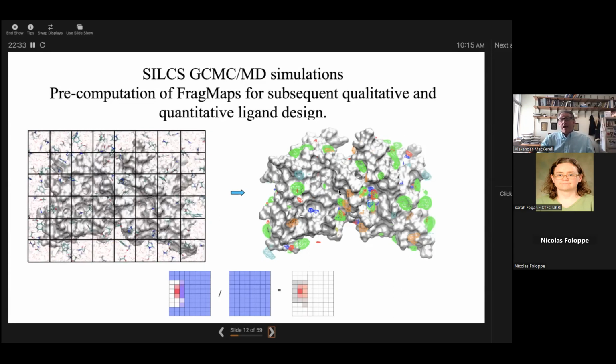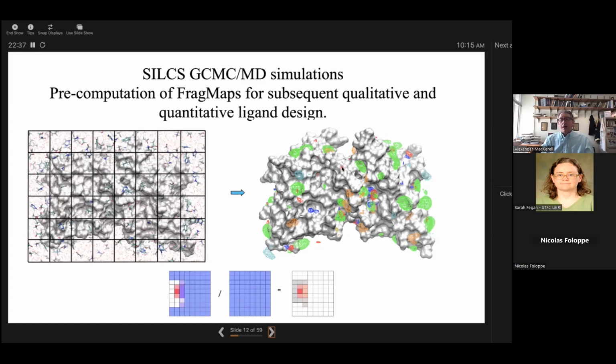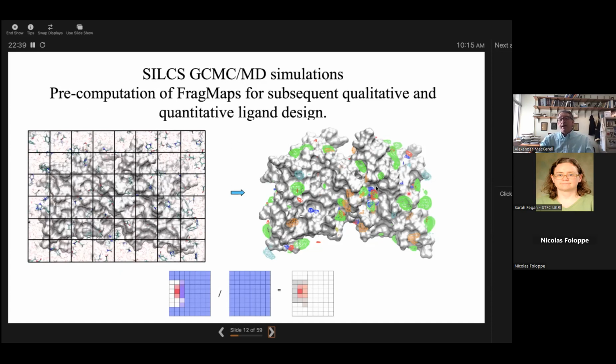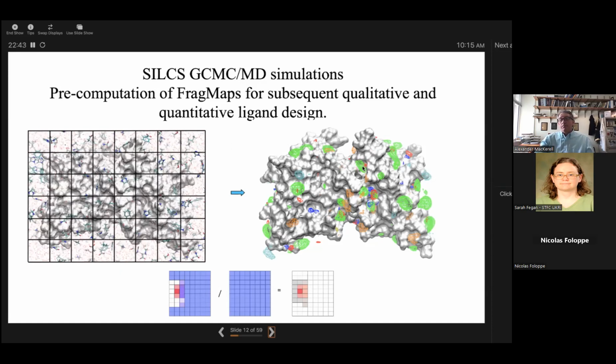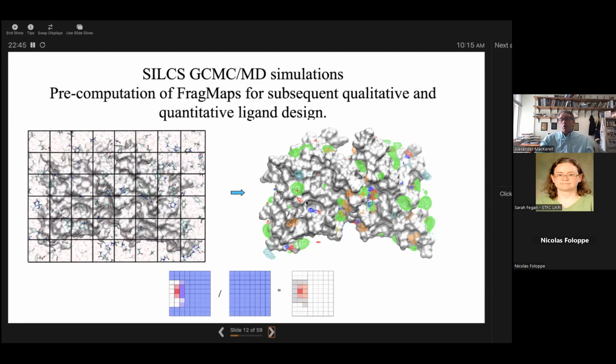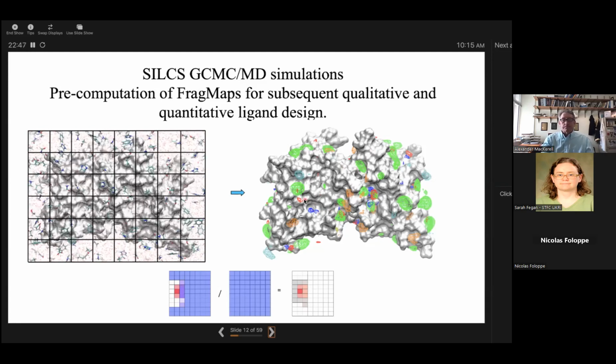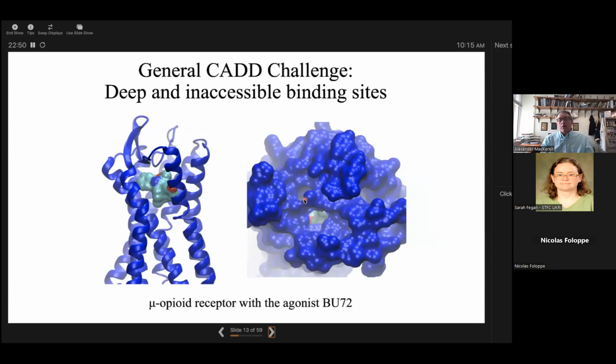So we now have these FragMaps, and what we're showing here are FragMaps at high probabilities. So these are favorable binding regions for different classes of apolar groups, negatively charged groups, donors, acceptors, and so on. Now, when we initially were doing SilCS, we were just applying MD simulations. And for the initial systems, this worked quite well, but then you start to look at